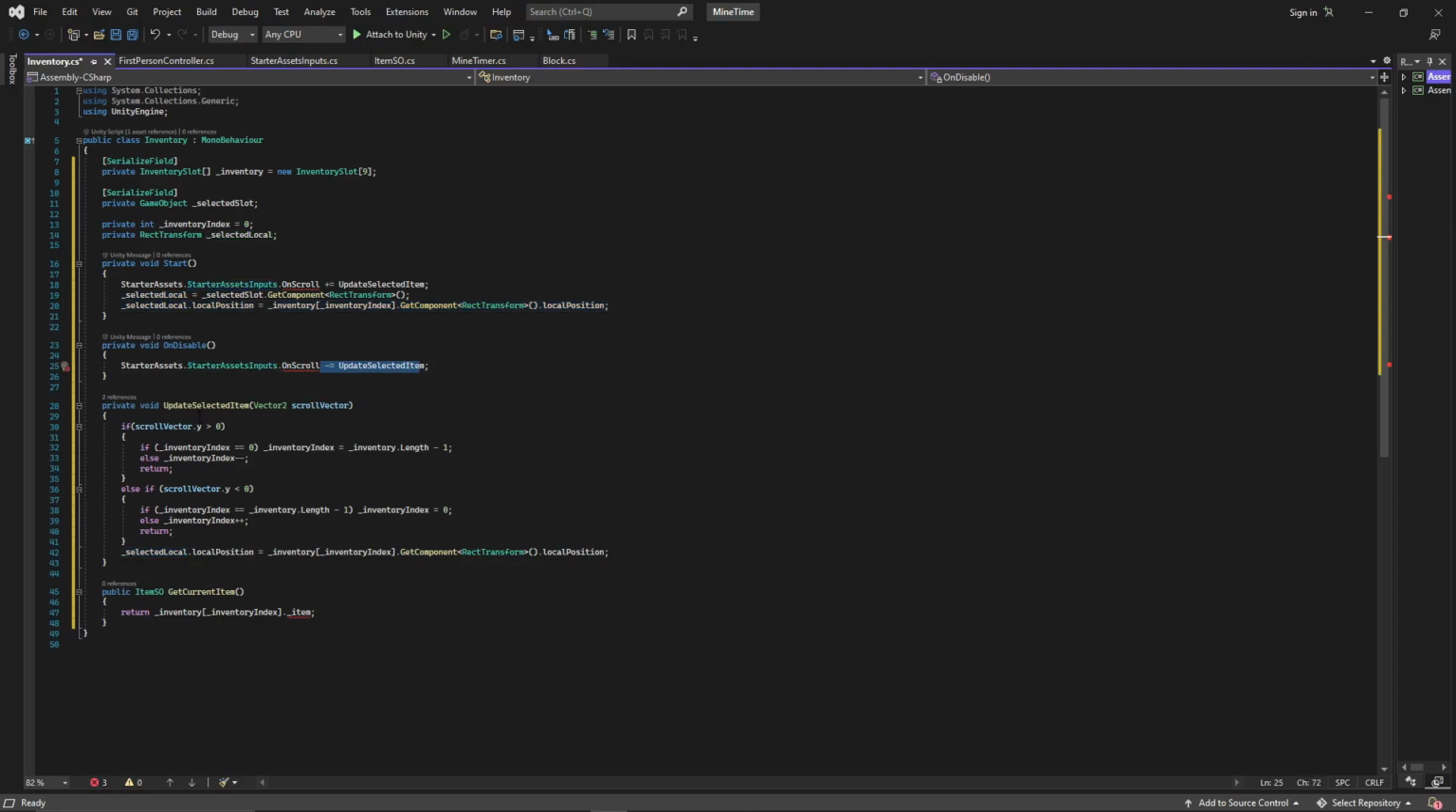And then here we have the update selected item, and we're passing in that Vector2 from the event. This is going to pass in a Vector2, and whichever method is listening to it has to have that same parameter. And this is just going to be determining which way we're scrolling. And so we're basically saying, and the value that's changing is the y value of this vector, if it's greater than 0, so if we're scrolling the mouse wheel up, then we're going to check to see if